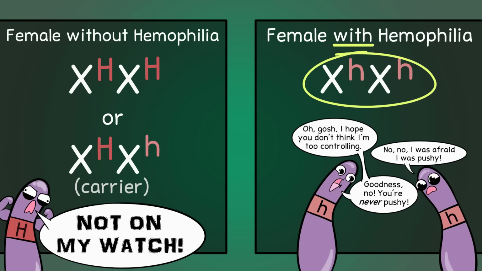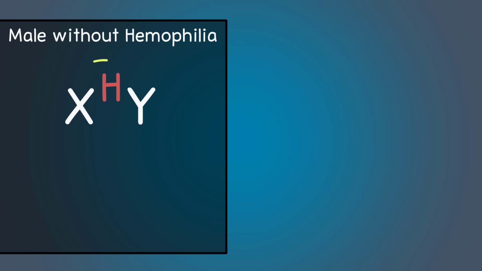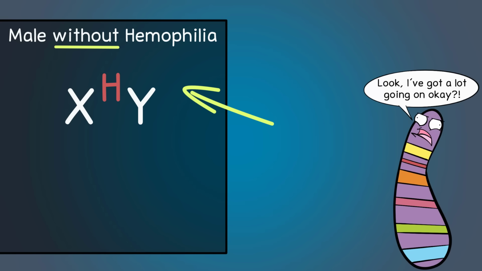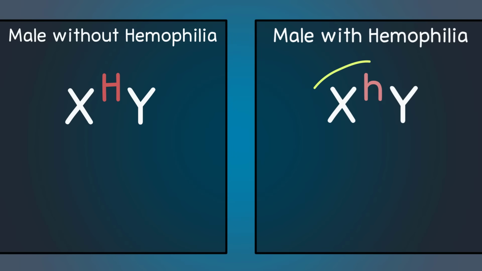Let's consider a male individual, shown with XY here. X^H Y would be a genotype of a male without hemophilia. Notice how I didn't put anything on the Y chromosome. Again, most sex-linked traits are on the X chromosome. If this male had the genotype X^h Y, then this individual would have hemophilia. Since there aren't 2 X chromosomes for this person, either this person has hemophilia or doesn't.